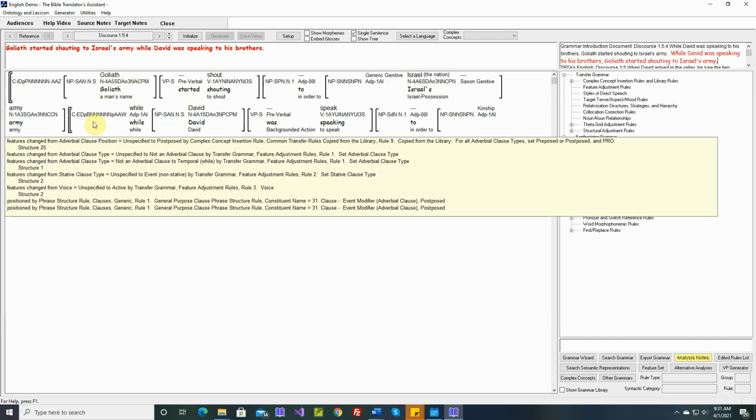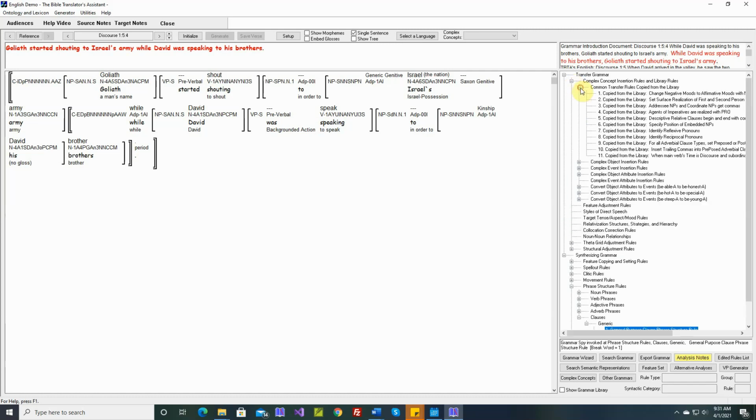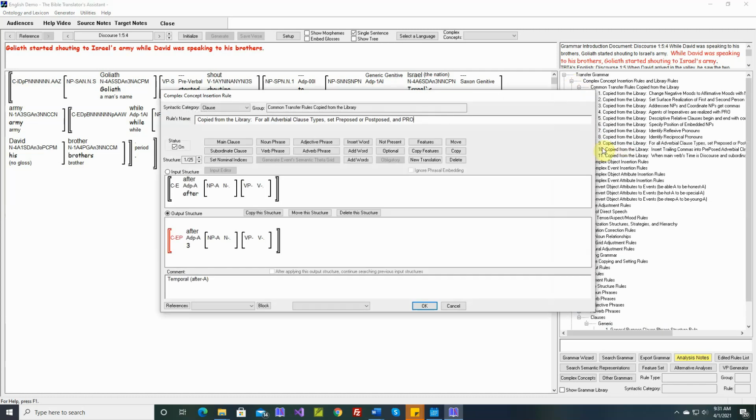And if we see here, adverbial clause position was changed from unspecified to postposed by complex concept insertion rule, common transfer rules copied from the library, Rule 9. If we go look at Rule 9, these prepositions are in alphabetical order. Okay, while. So this is setting it to postposed.